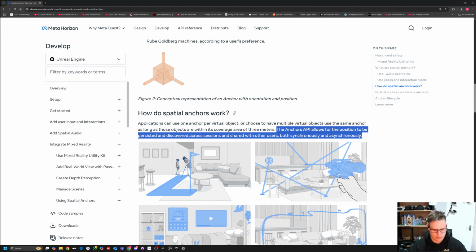So if you imagine you've mapped your room, spatial anchor would look for the pivot point of that, or whatever it is, then you would store it. So you're basically just storing a world location. Instead of having it in-game using a transform, you're storing a real world location in your physical space, which is